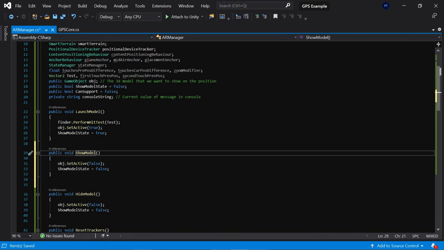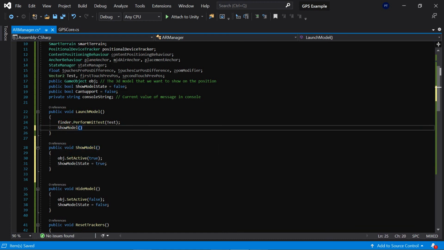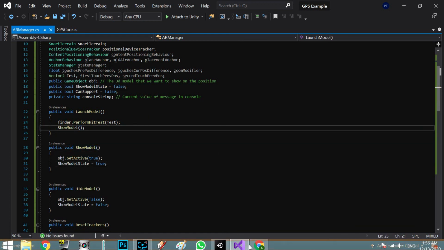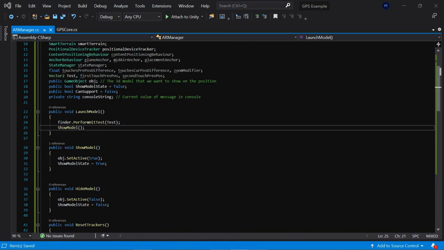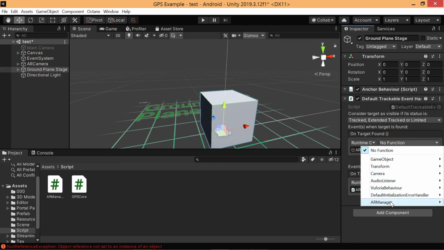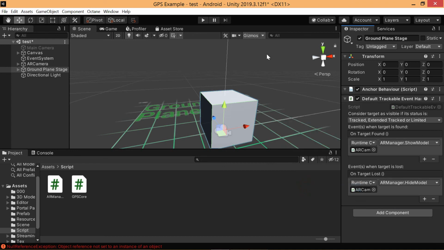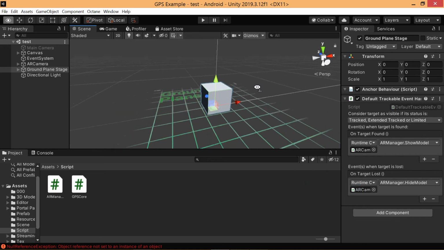Show model, that's it, and we turn back. Okay, in here on target found, AR camera, and show model. Okay,